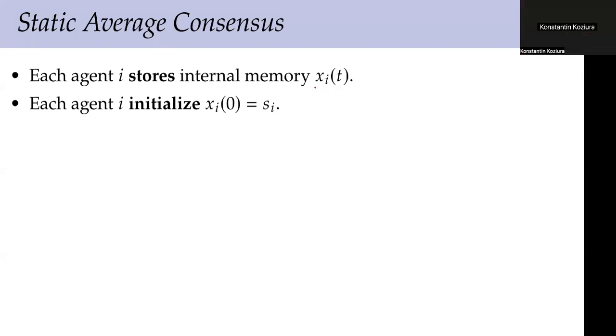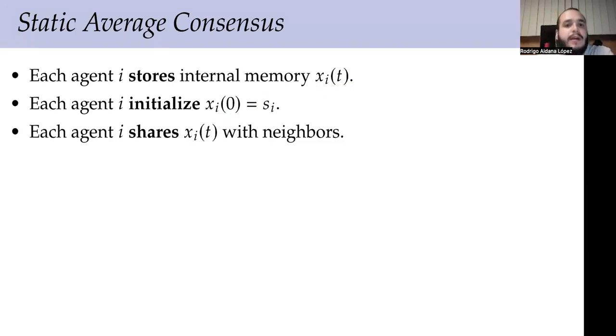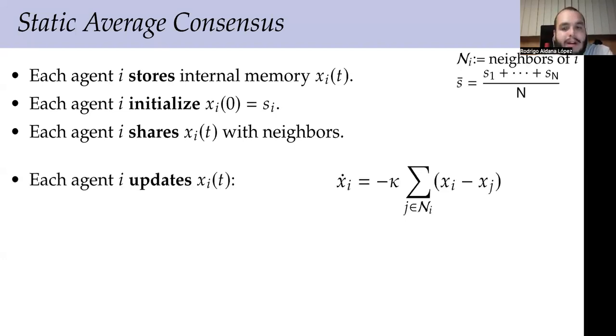Yeah, I will continue. So each agent has an internal memory xi, right? And you initialize this memory to the values for which you want to compute the consensus, the average, okay? Each agent has the capability of sharing this internal memory with its neighbors, okay? And this is the most popular update rule that you have in order to get an average consensus,